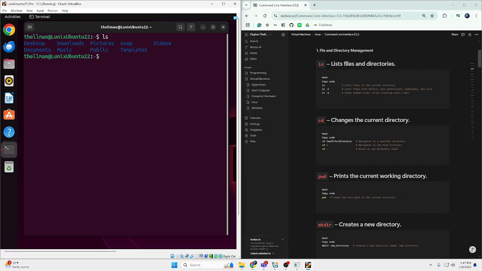To start, we're going to see what ls does. Ls lists the files, directories, and paths under the current location, like where you could go next. Right now we have desktop, downloads, pictures, snap, videos, documents, and music, public,